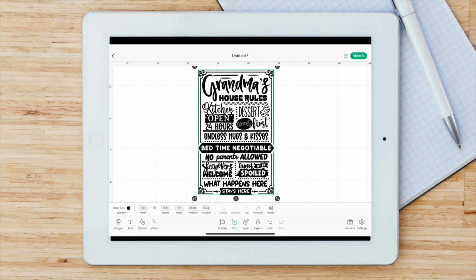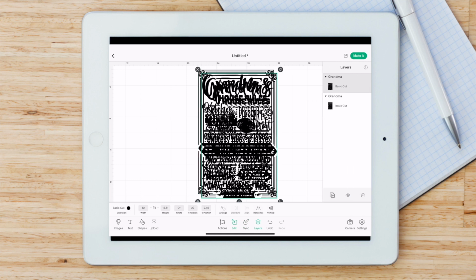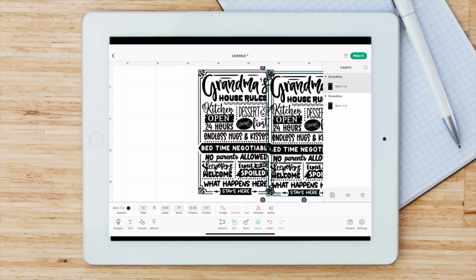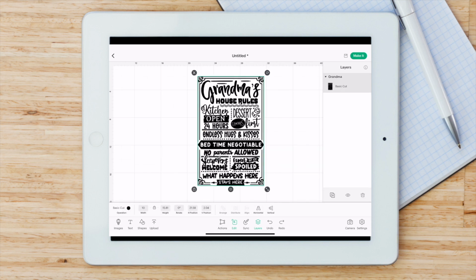Next up is your sync and layers tab. From here, you're going to be able to sync up those colors really quickly. And layers is going to show you your multiple layers. So if you have several, you're going to be able to see those right here. So I went ahead and duplicated that to show you. I'm going to hit Make Up to show you a few things.